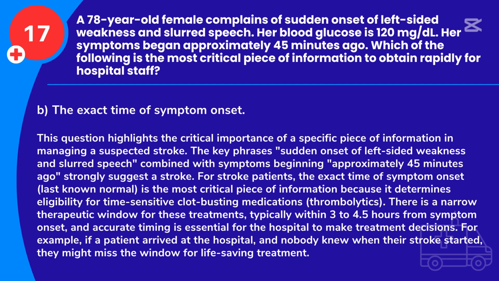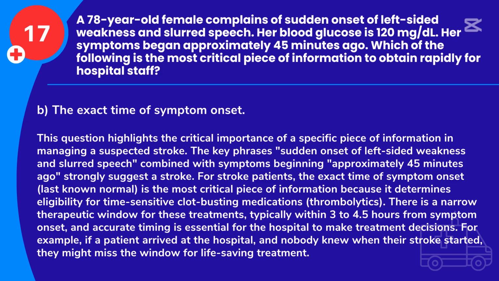Answer: B. The exact time of symptom onset. This question highlights the critical importance of a specific piece of information in managing a suspected stroke. The key phrases, sudden onset of left-sided weakness and slurred speech combined with symptoms beginning approximately 45 minutes ago, strongly suggest a stroke. For stroke patients, the exact time of symptom onset, last known normal, is the most critical piece